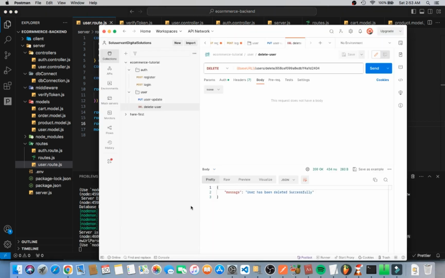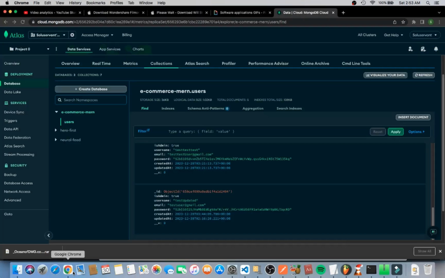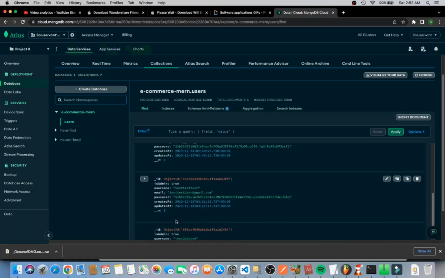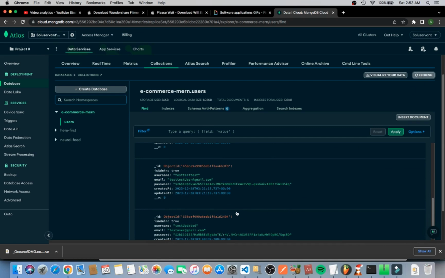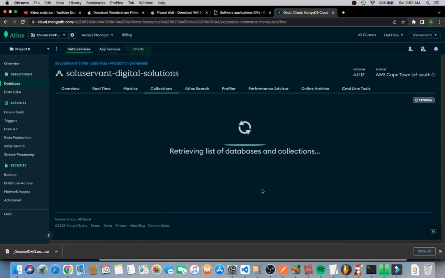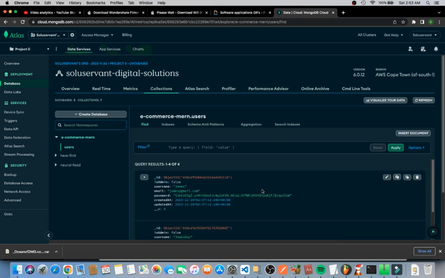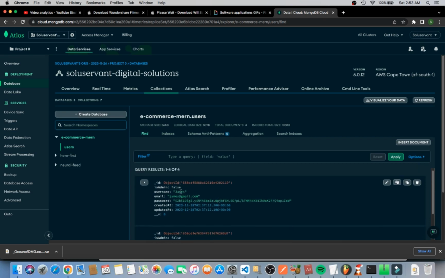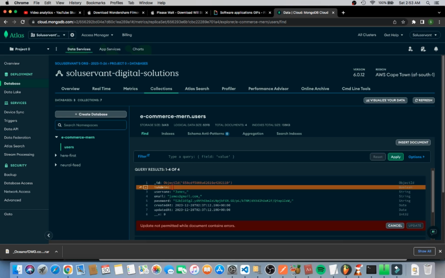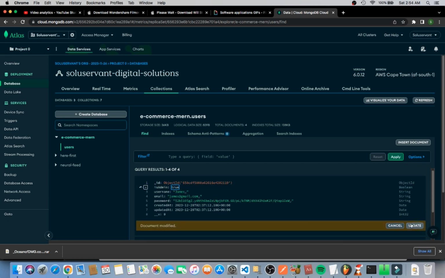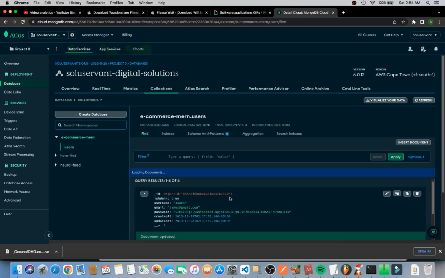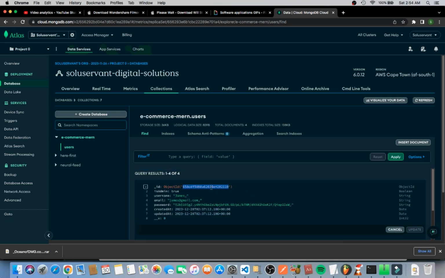But before we test that, we need to make sure that the person is an admin. So let us go into our database and change some of the values. When we refresh, we wouldn't see test updated, the user with test updated anymore, so we'd have to use someone else. Okay, so let's call James, right? So let's change James's value from false to true, and then we're going to update it. Then we have to copy James's object ID,